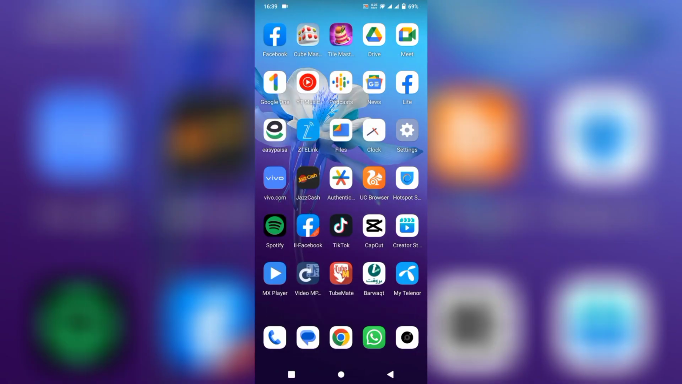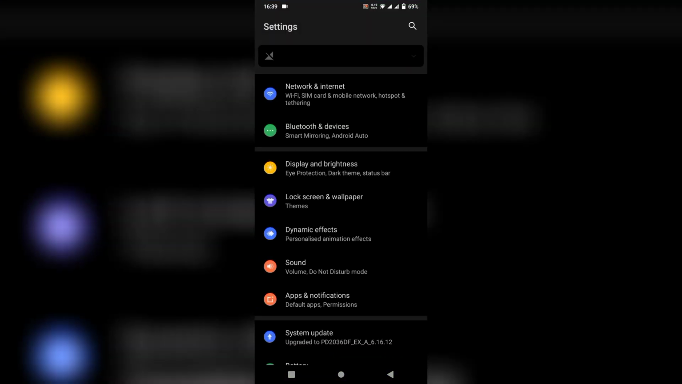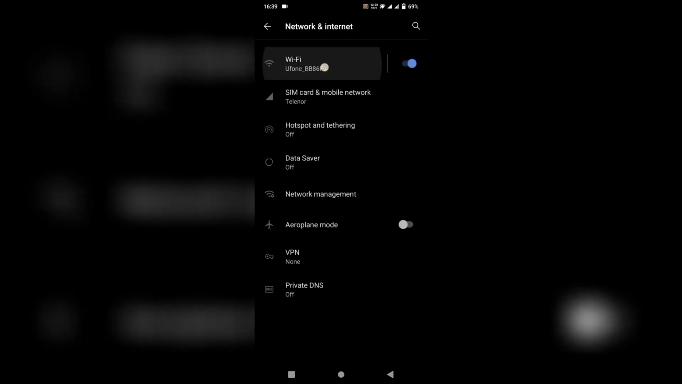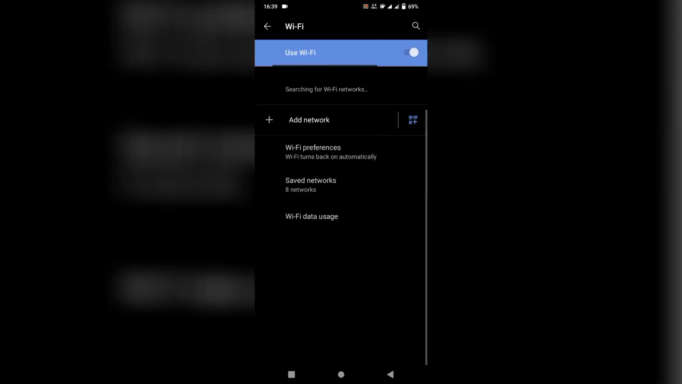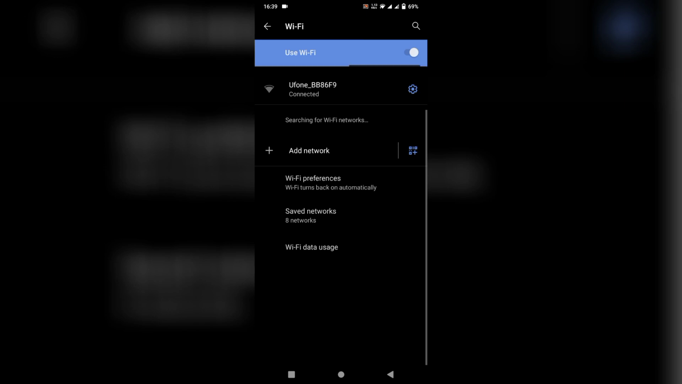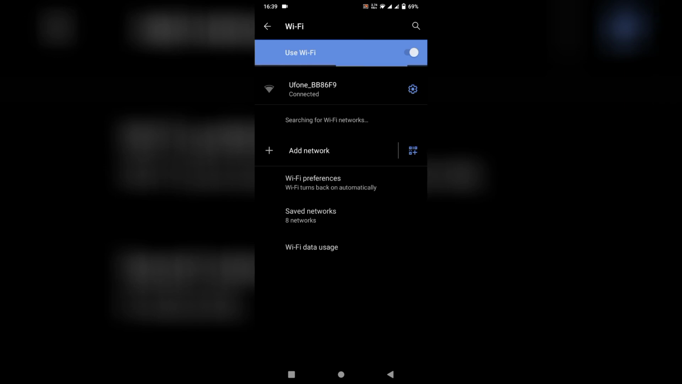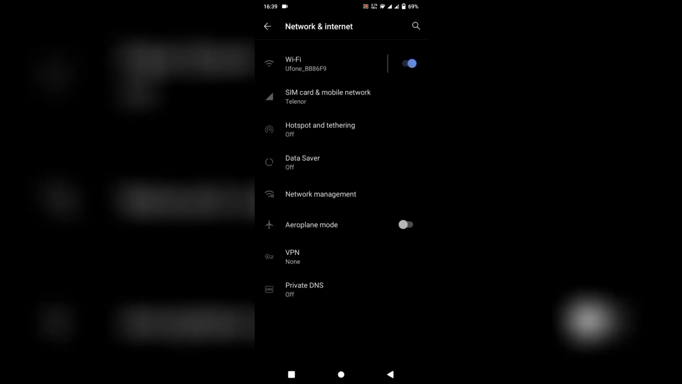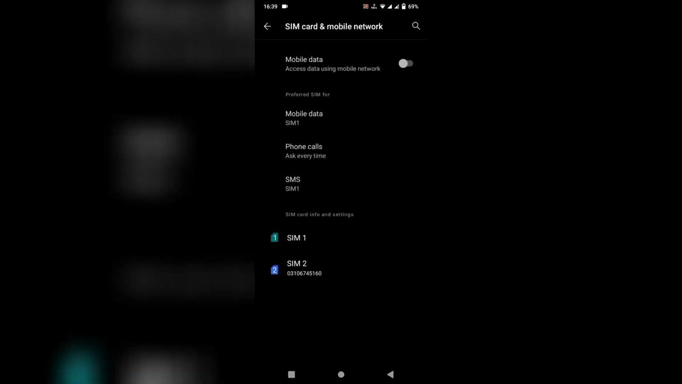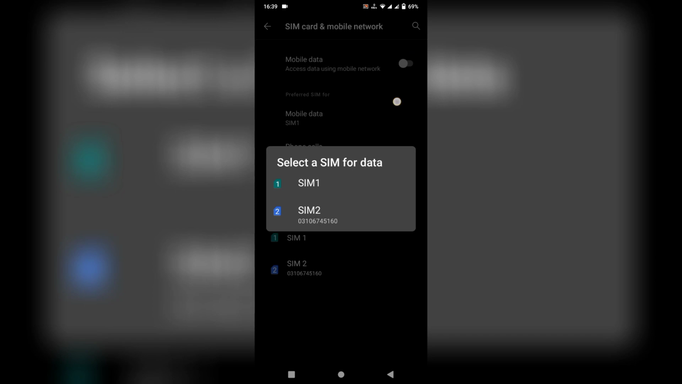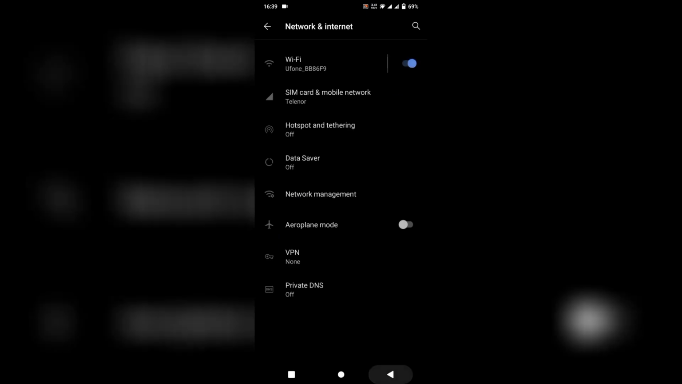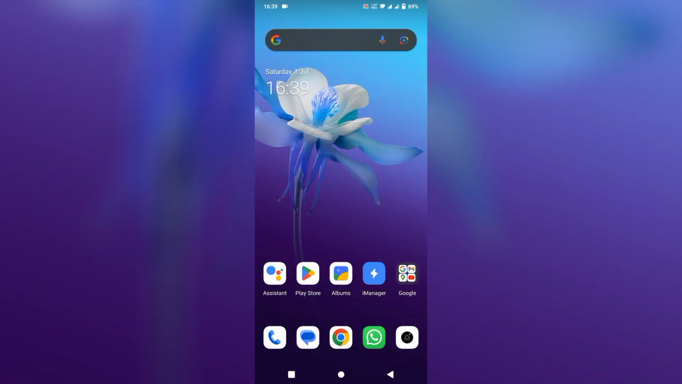So first of all, open your settings and click on network and internet and click on Wi-Fi and make sure that your Wi-Fi is properly connected with your phone. And after this, go back. So if you don't have Wi-Fi, then click on SIM card and mobile network and make sure that your mobile data is on. So after this, go back and open your Play Store apps